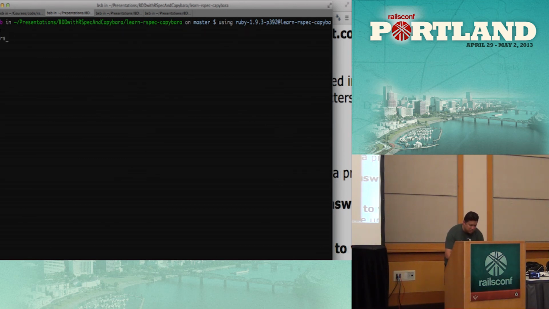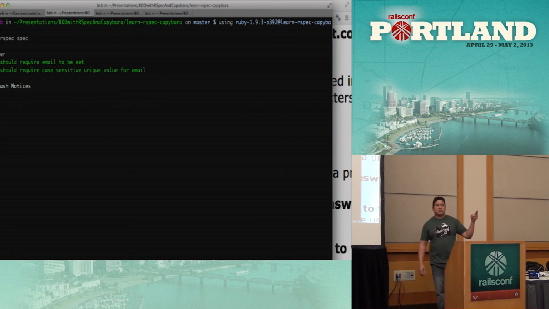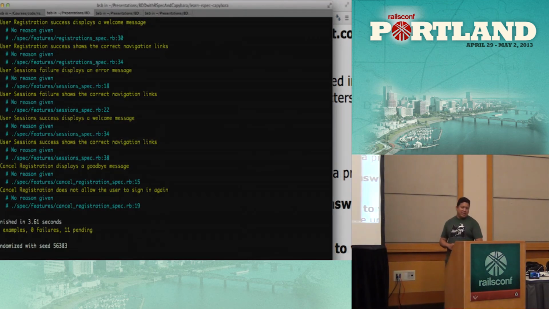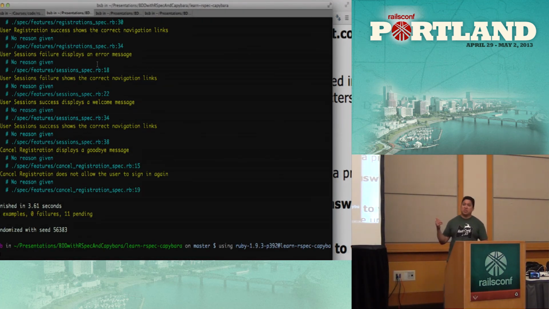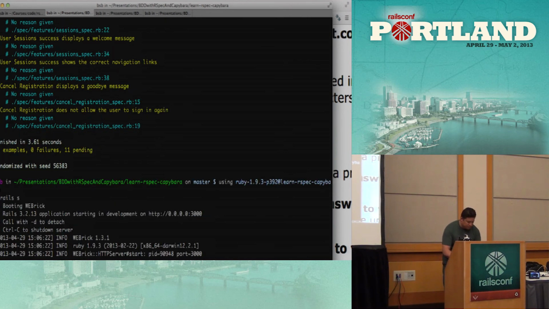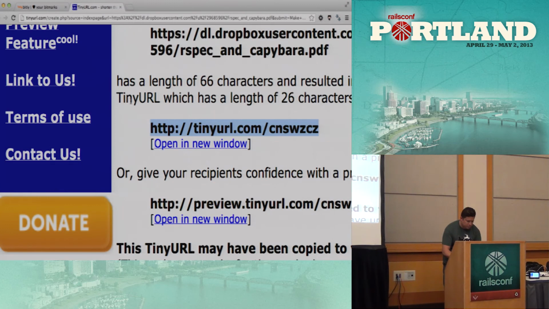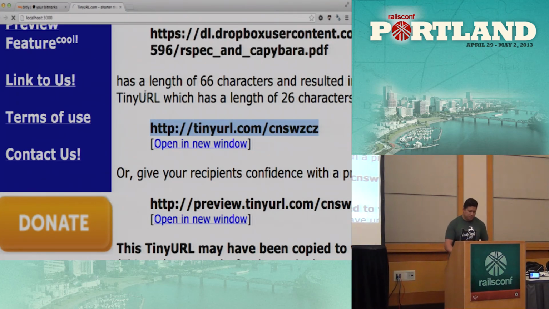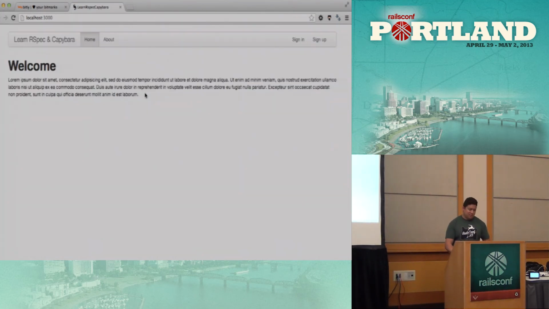So this application, just to give you a preview, if I run the tests that I have for this application, I have 2 passing tests right now, and everything else is pending. That's really what we're going to be fleshing out in the application. As you can see, the browser was launched just for those 2 simple tests. So let me launch the application so you can see what it does. I hope you guys copied that URL because I'm moving away from the page.